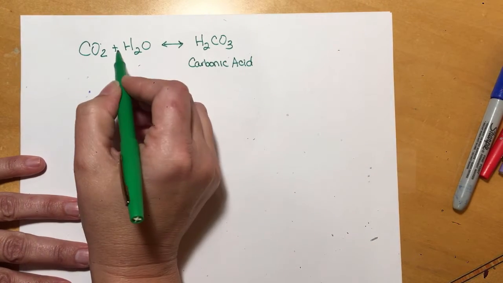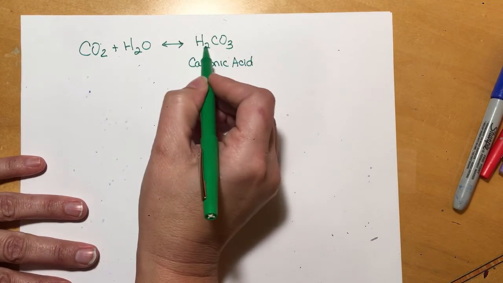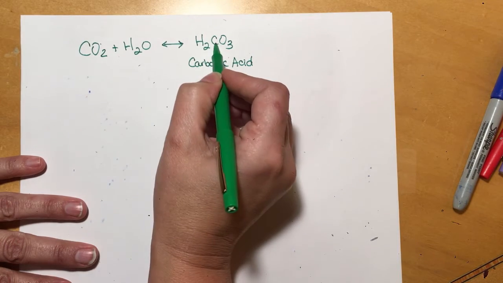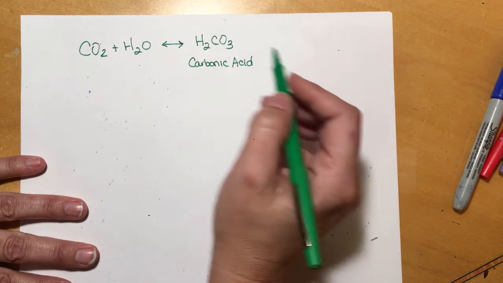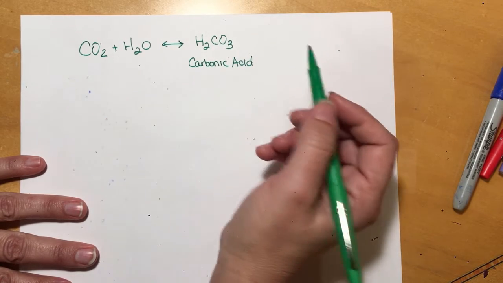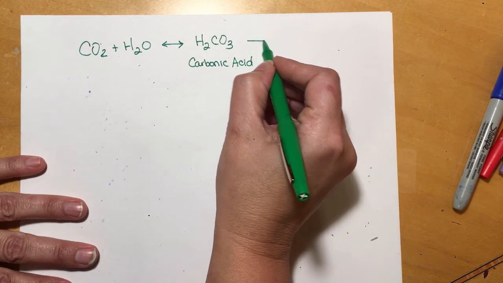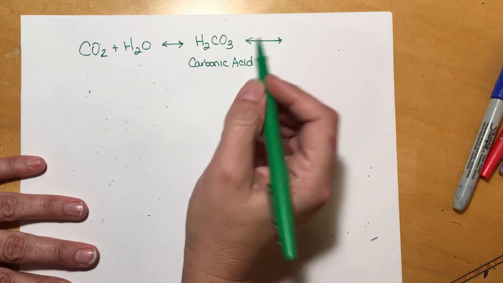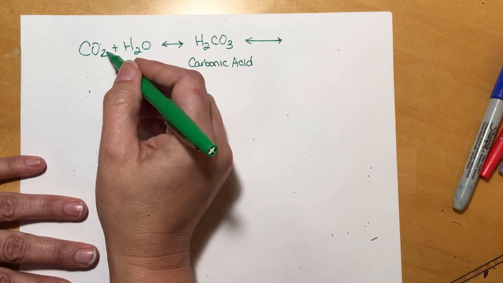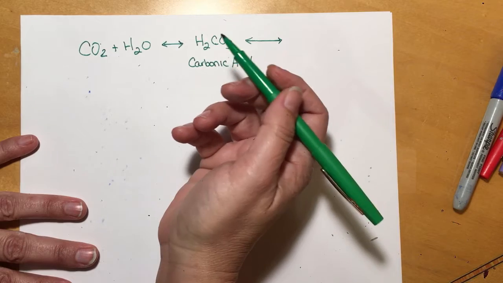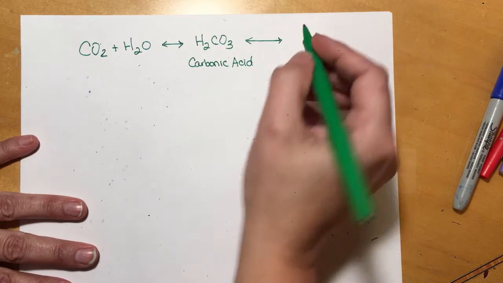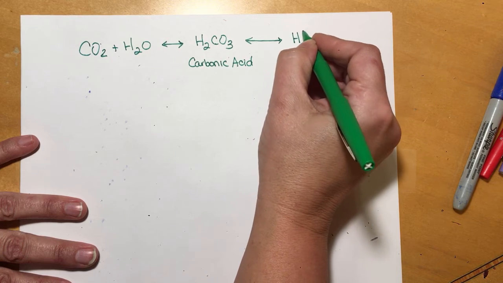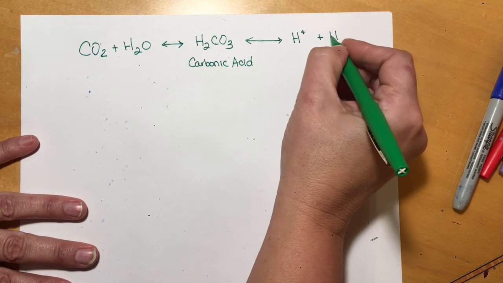And if you look, you still have 2 hydrogens, 1 carbon, and 3 oxygens. So you haven't added any elements to it. We've just combined them in a different way. Now, carbonic acid has a choice. It can dissociate, which basically means fall apart, into carbon dioxide and H2O, or it can dissociate slightly differently into